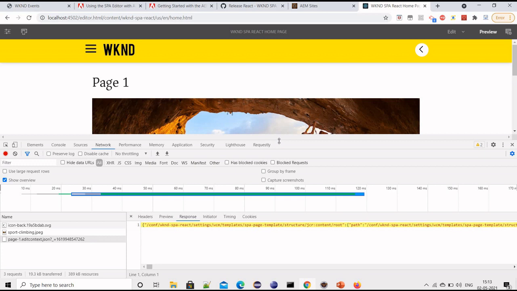These two use cases I'm going to cover in another video. The whole point to understand here is that your HTML DOM will be separate and React code will be separate, and React code can hit another web service, such as the content fragment API, the asset API, or any other third-party API.